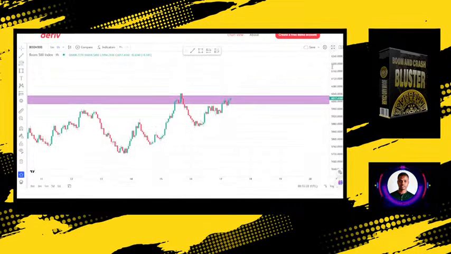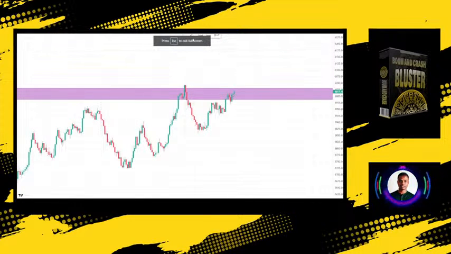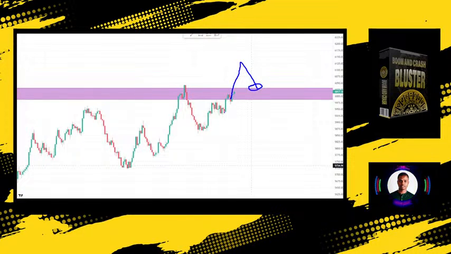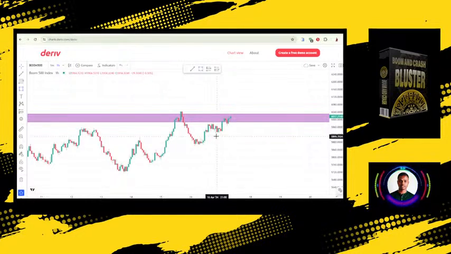This is Boom 500, by the way, on the 1 hour time frame. If it does get broken, it's a strong zone, and I will be willing to buy after this retest. If it doesn't break to the upside, I'm going to